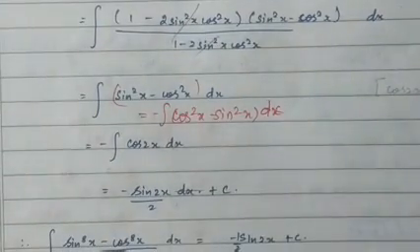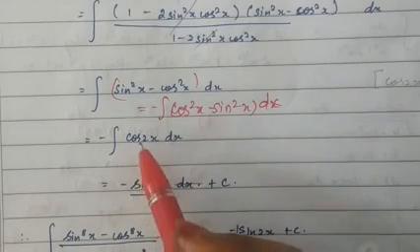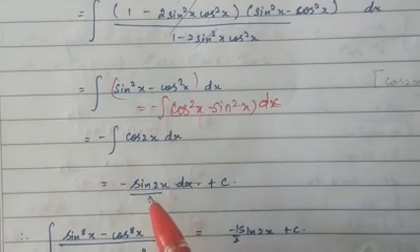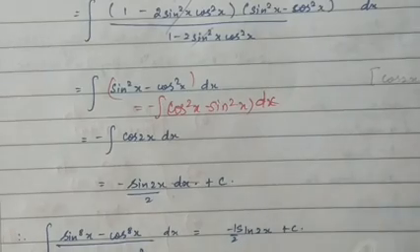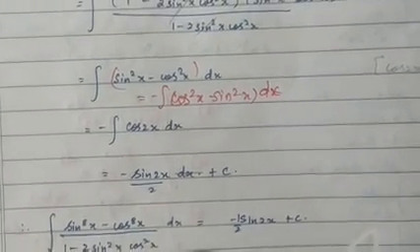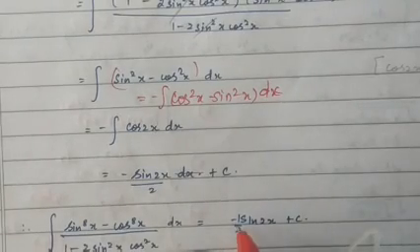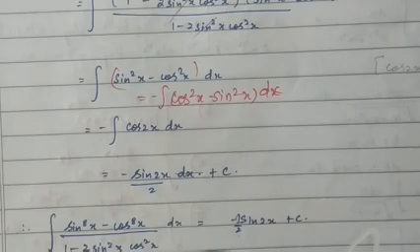After that integrate and write. What is the coefficient here of x? 2. So you are dividing by 2. Therefore when you integrate cos 2x, you will get sin 2x divided by 2 plus a constant of integration. Here this is 1 by 2 sin 2x plus c. Thank you students.